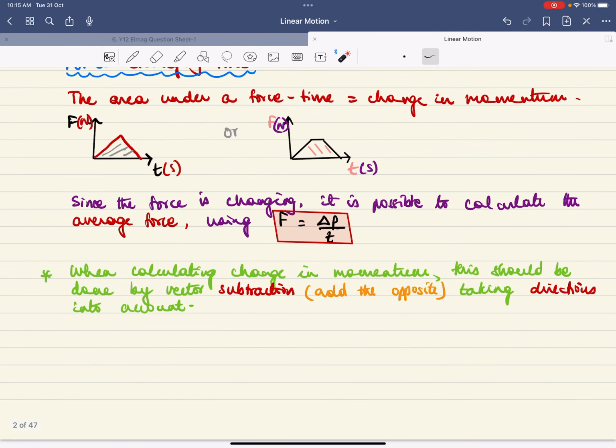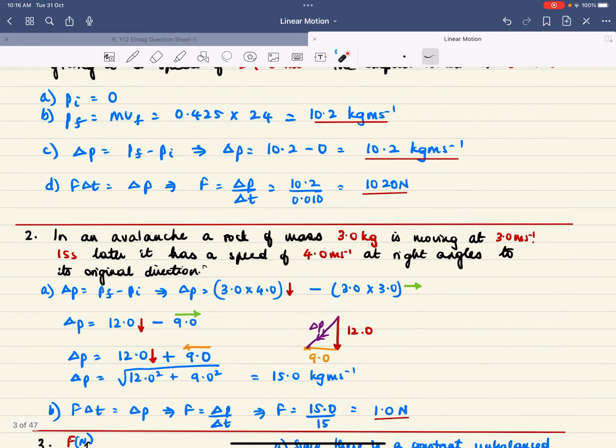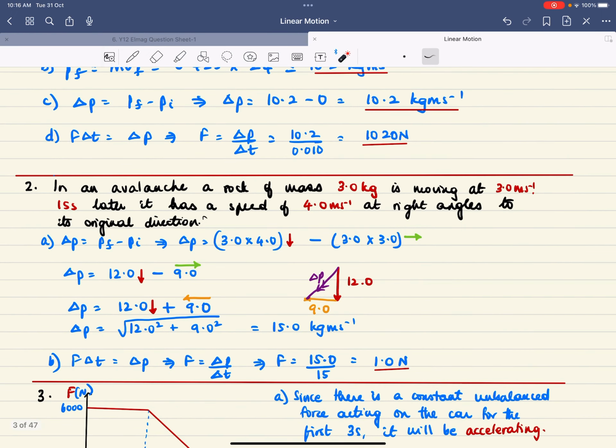Now, I've done a few problems on this, and you are most welcome to take a look at those. So these are some questions on impulse, and you can pause. So notice for this one, because things are moving at right angles to each other, I have included arrows,